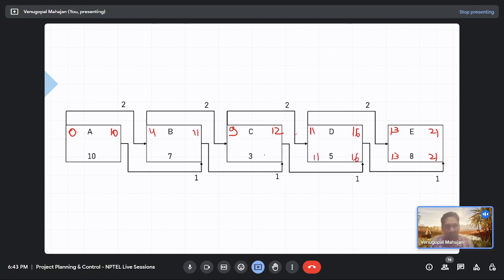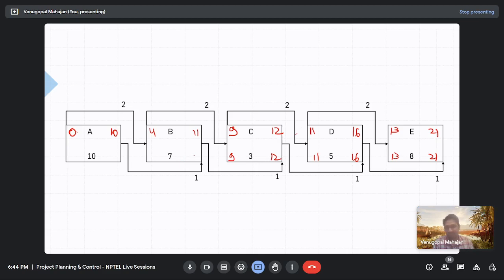What about activity C? 15. And 9. If you come backwards, it would be 15 from here. 3, 12. sir. 12. Okay, 11 minus 2 would be 9. 9 plus 3, 12. Right. So again, the minimum would be 9 and 12. What about activity B? 9 minus 2, 7. 7 minus 7. Same 11 and 4 and 10 and 0.